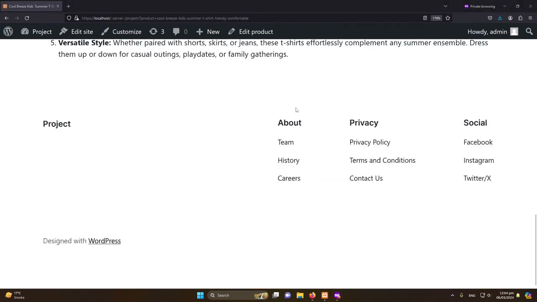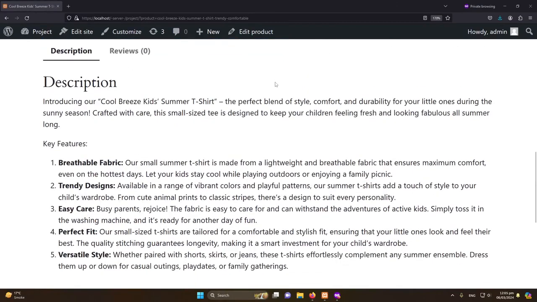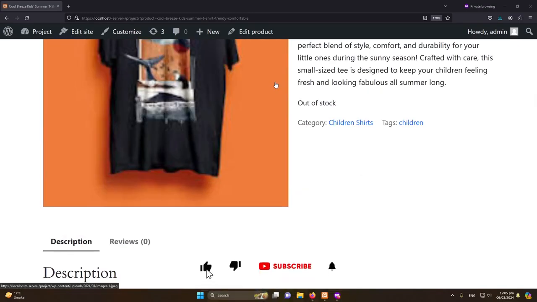So friends, obviously WooCommerce provides us different shortcodes so we can display a collection of products on our store. I'm not going to talk about that, but if you have any question, you can ask us in the comment